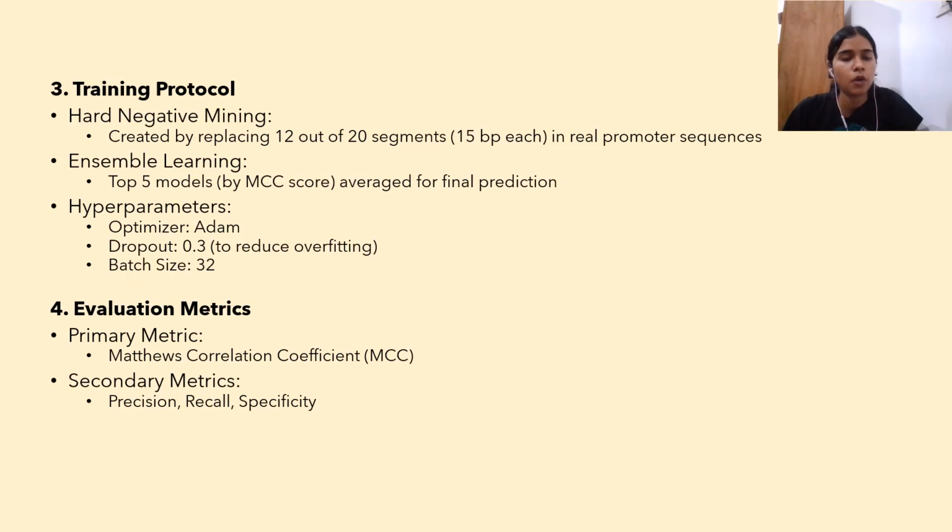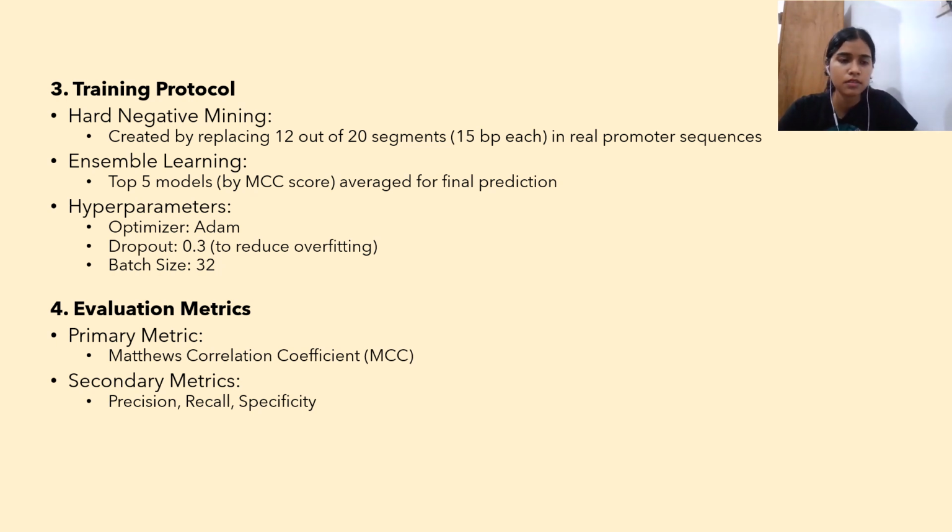To ensure that our model is robust, we use hard negative mining. This technique involves replacing 12 out of 20 segments in real promoter sequences, each of length 15 base pairs. The goal is to present the model with more challenging examples, helping it learn better to distinguish between positive and